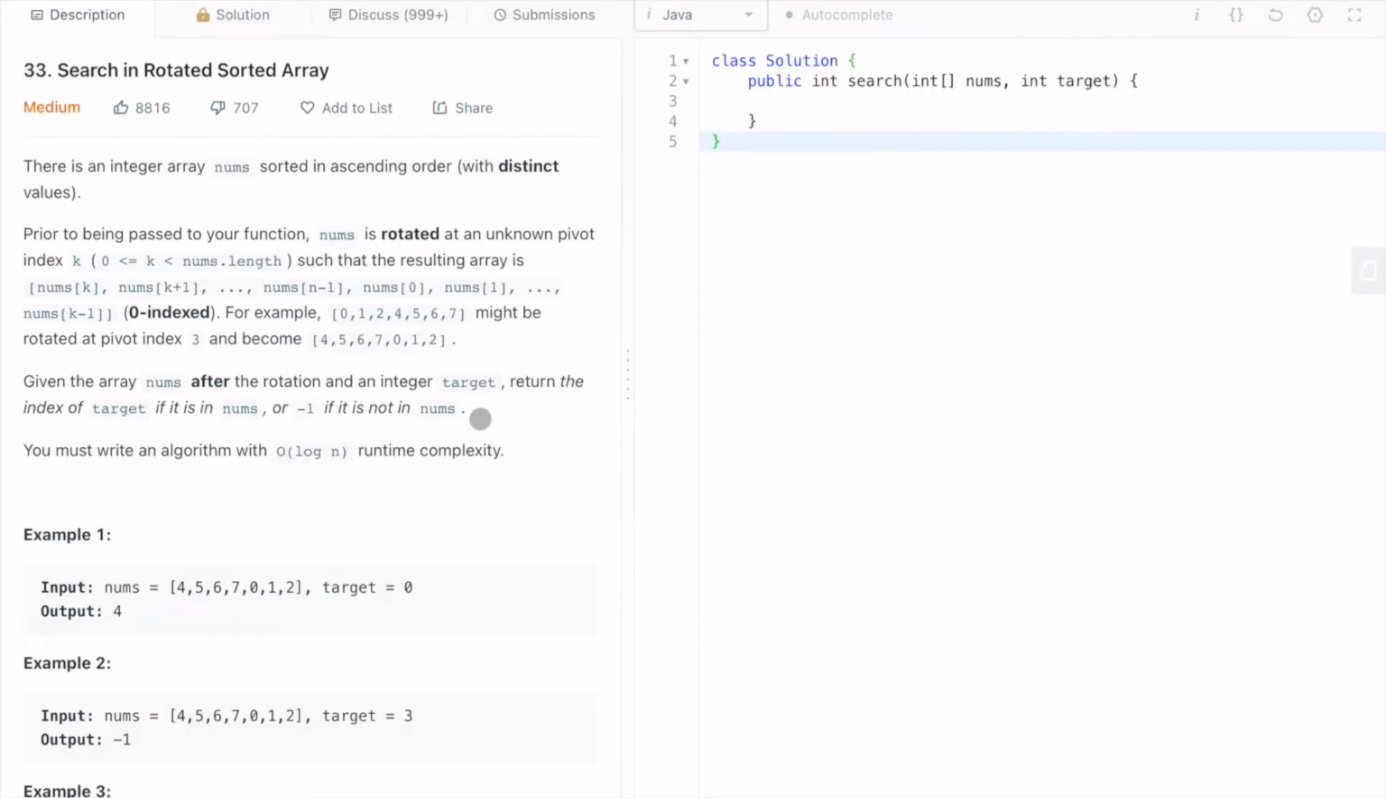See how to search in a rotated sorted array. In this question, we are seeing that the numbers are sorted in ascending order with distinct values. So there are no duplicates. This is a very important point. And the array is rotated. So it is rotated normally in the